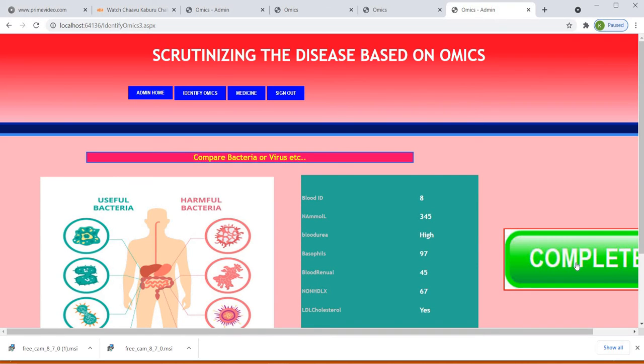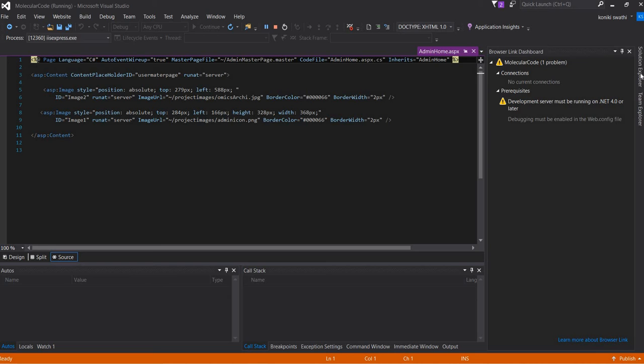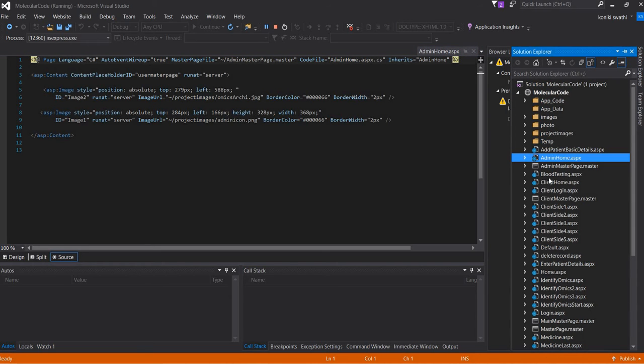After that it shows useful bacteria and harmful bacteria, how much of each, whether low or high, or what percentage it has. And after that it will complete. That's all the admin will do. Admin means the doctor. We will say that admin means doctor.